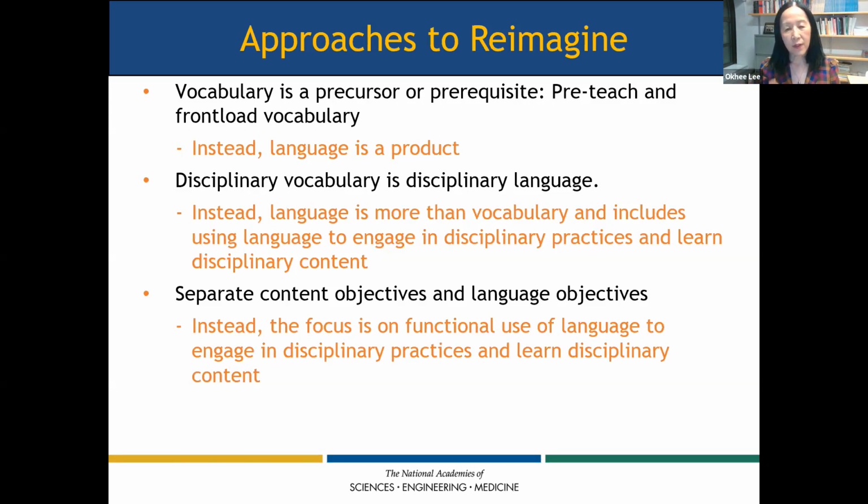Instead, what is the contemporary thinking? It's using language for functional use to do something. So suppose that you are doing an investigation and you ask the students, what will happen? Well, what tense would you use? Future. What are you doing and describe? What tense would you use? Present tense, because I'm doing it. Write a report about what you did. What tense would you use? I'm using past tense because it happened. So it's a functional use of a language, not as two sets of objectives.